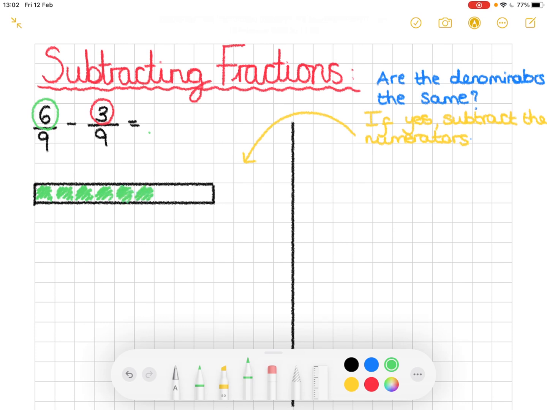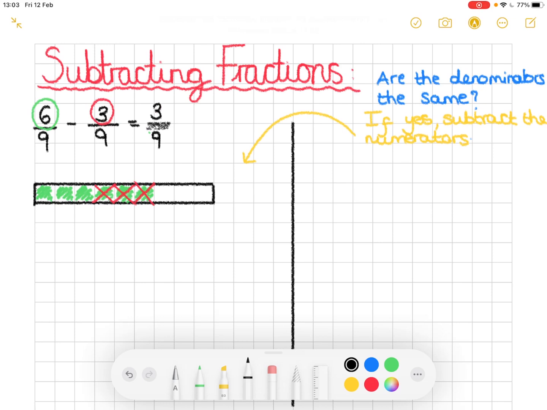Now, as we know, we are subtracting, which means our total must be getting smaller. So we're not going to add anything onto it, or we'd be going the wrong way. I'm going to take the red, and I'm going to look at my next one. That's 3. So I'm going to cross out 3. I'm going to take 3 away, subtract 3. So we go backwards: take away 1, take away 2, take away 3. Now I need to look at what I have left. In this bar model of the shaded, I have 1, 2, 3 left. So I know that 6/9 subtract 3/9 makes